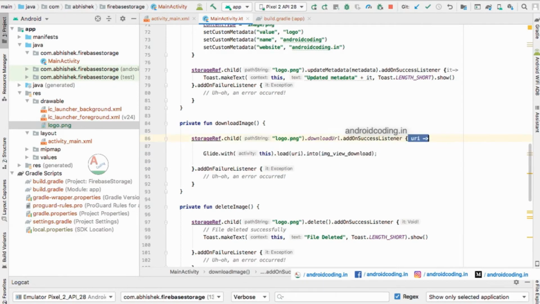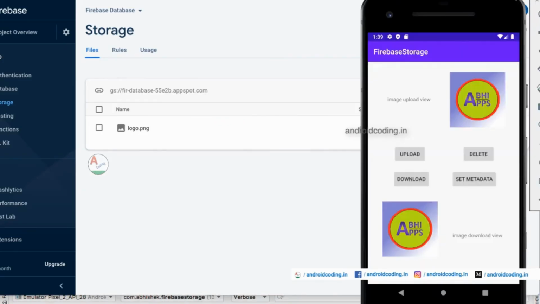Programming using Kotlin is much simpler than Java, but some people might have difficulties because they are used to Java. Don't worry, just comment in the comment section below, and I will provide you the Java code also. So what is the leftover functionality for us? Let us see. Delete is the only thing left over, right? So let us try to delete the image also.